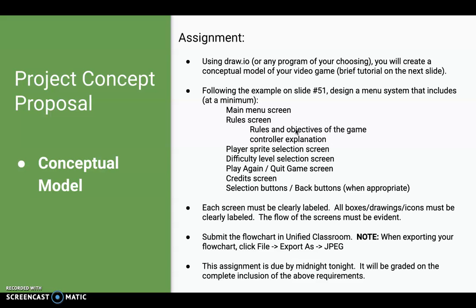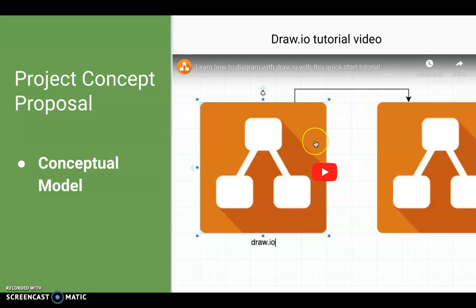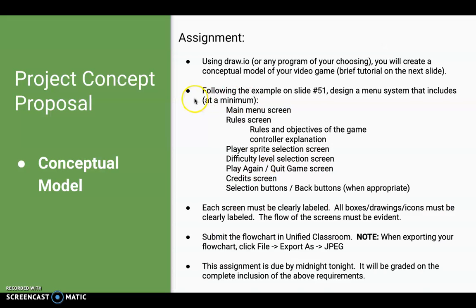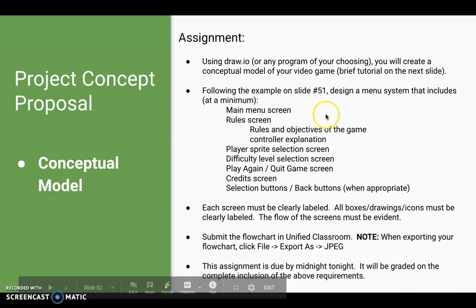And again, using draw.io, which you've used before, or you can use another program of your choosing that creates flowcharts, you will create a conceptual model of your video game. There's a tutorial on the next slide on how to use draw.io if you haven't used it or just need a refresher. All right, so following the example on slide 51, which is this example here,